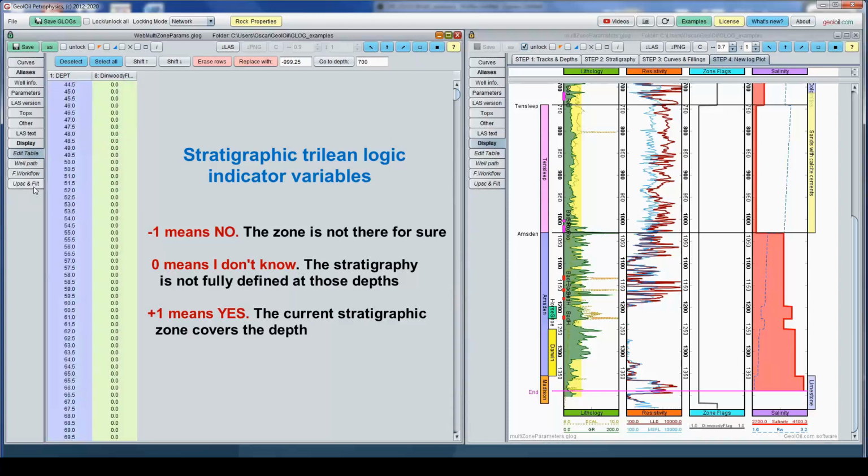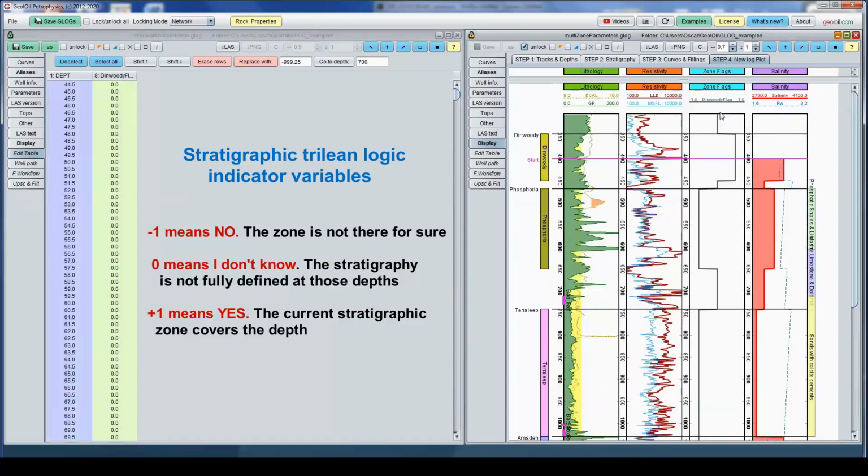That is the Dinwoody flag. Let's plot the Dinwoody flag right here. So here we have 0, something like that, plus 1. In Dinwoody, we know this is Dinwoody. There is 0. You see this gap? There is 0.